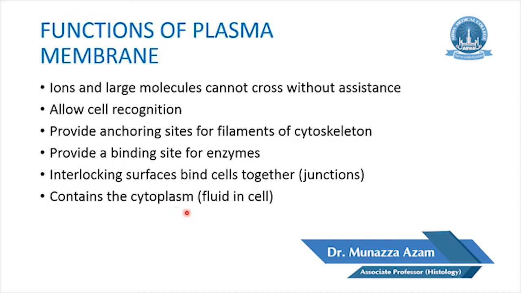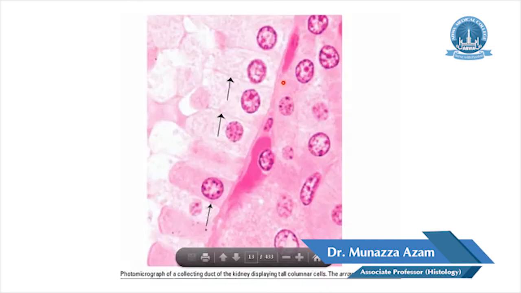On histological sections, when we stain a cell, or a living cell, this is a section taken from the collecting ducts of the kidney. Here you can appreciate the basement membrane of the cells, and this is an individual cell. This is the boundary of the individual cell, or the plasma membrane. It contains this pinkish colored cytoplasm, and the cytoplasm contains a membrane-bound nucleus. Similarly, here you can also appreciate the cell membrane, which contains cytoplasm and the nucleus.